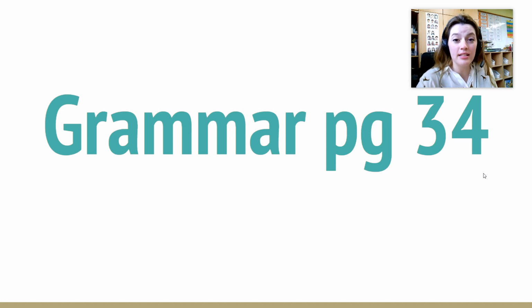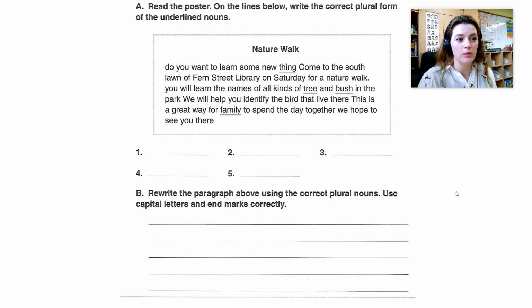Okay, let's practice together what we've just learned. So let's go together to grammar page 34. We're on grammar page 34. It should look like this. Now, you have some notes at the top of your page that can help you review, but we just went over it, so you should know. Let's read our instructions. Read the poster. On the lines below, write the correct plural form of the underlined nouns. So as you can see, there's 1, 2, 3, 4, 5 underlined nouns, and we need to change them to